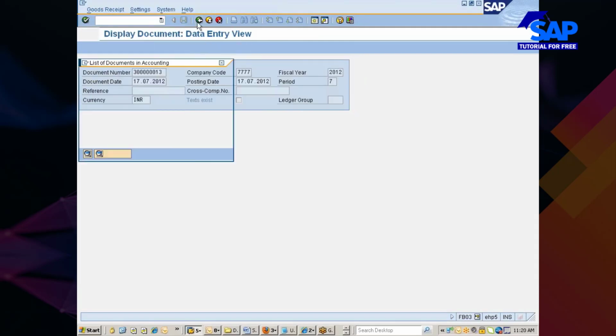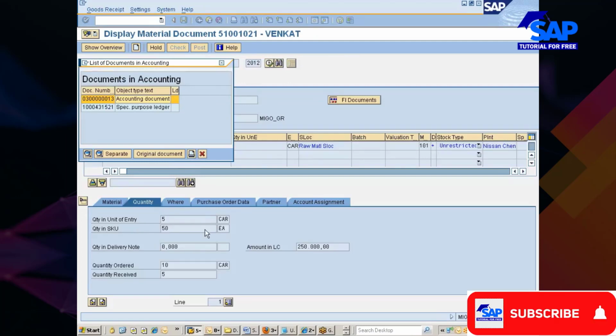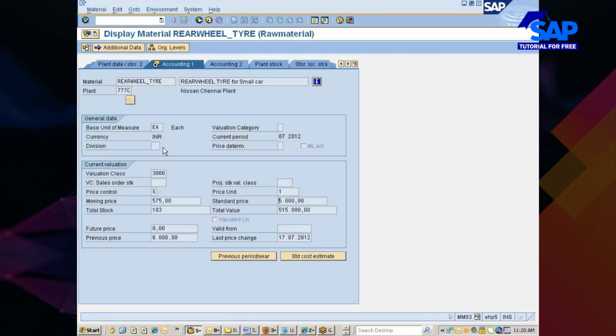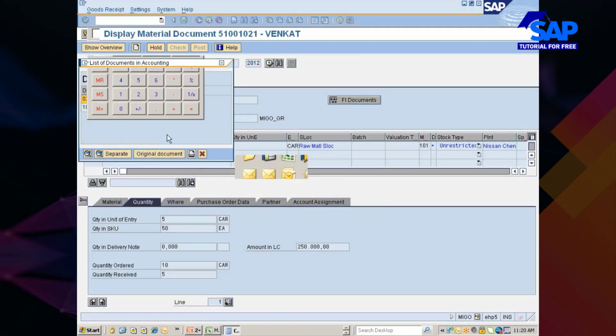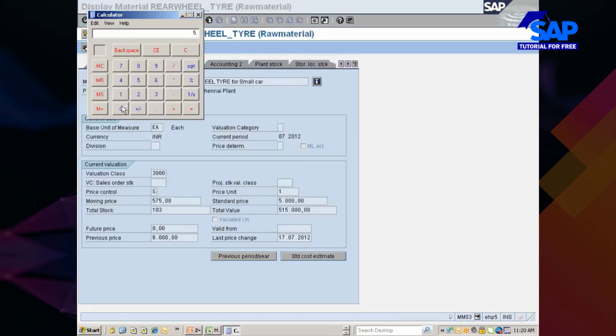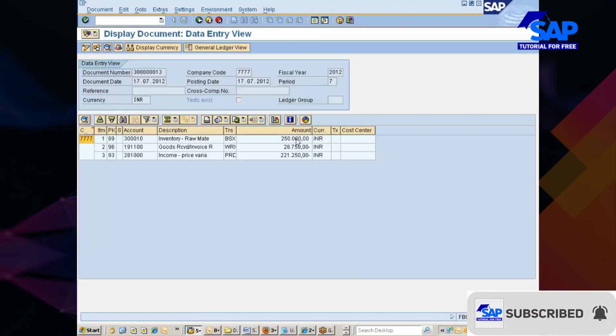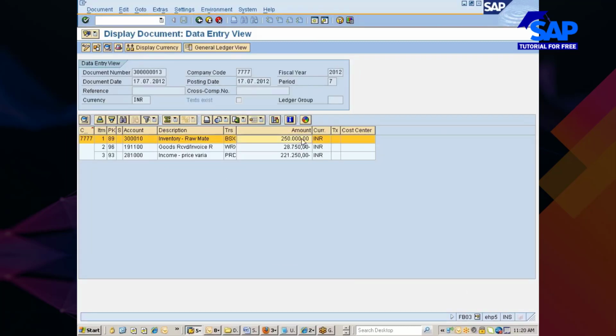If you look back at your material document, you will see 5 cartons, which is equal to 50 pieces, and each piece is 5,000. So 50 into 5,000, 250,000. So your stock account will get updated by 250,000,